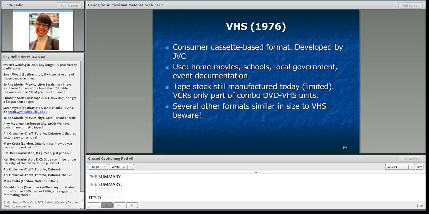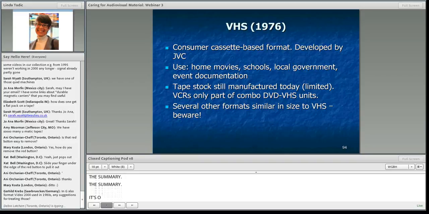Okay, VHS then, that won the war. So it was a consumer cassette-based format but it still was used to record original content like home movies, schools, recorded events, local government event documentation. And the tape stock is still manufactured today, although very limited, and you can only find the VCRs as part of combo DVD VHS units.